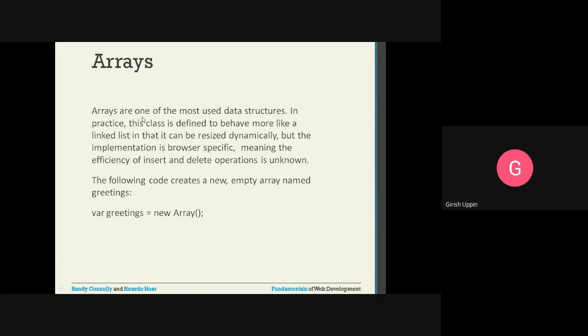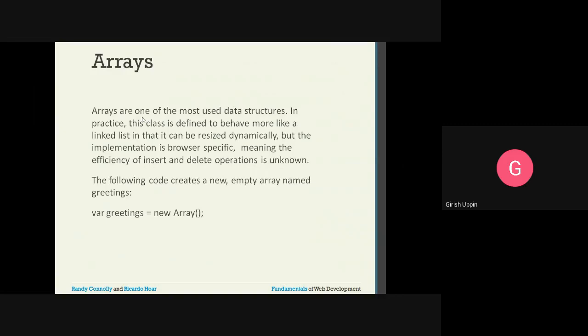Arrays, we know, are the most used and the most useful data structure. In practice, this class is defined to behave more like a linked list, in that it can be resized dynamically. So here it is used as a linked list where we can dynamically resize it, either increasing or decreasing its size by using the methods available with this particular object.